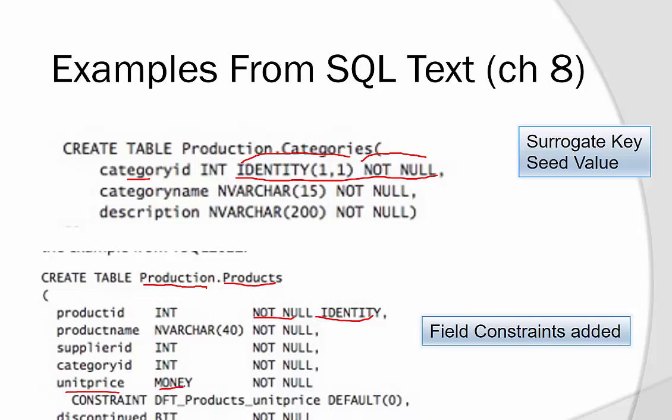Now unit price is data type money, and it's not null, and then an extra constraint is added, DFT underscore products underscore unit price. DFT stands for default. This is a name assigned to the constraint. By assigning a name to the constraint, you can use the drop command later to drop this constraint. All this constraint says is every time you create a record, if that record doesn't indicate the price, please make